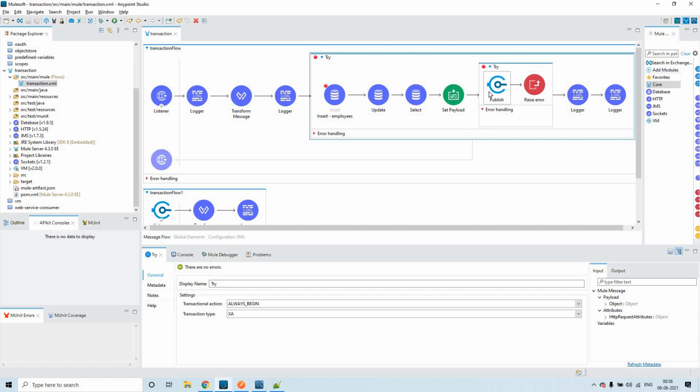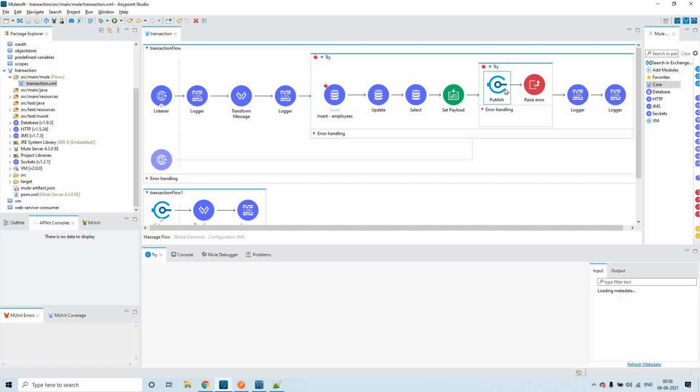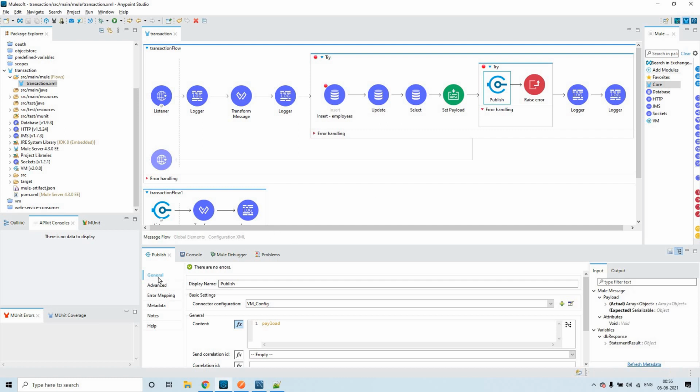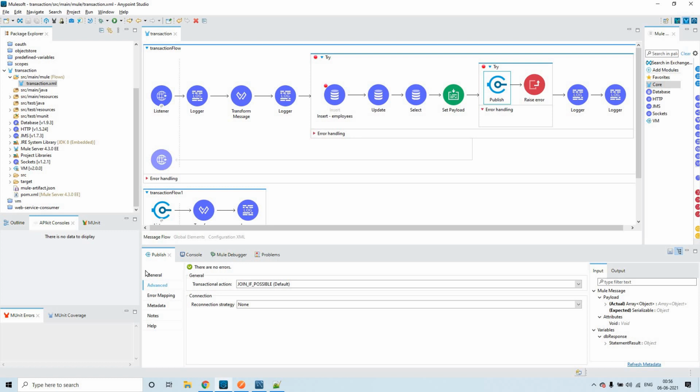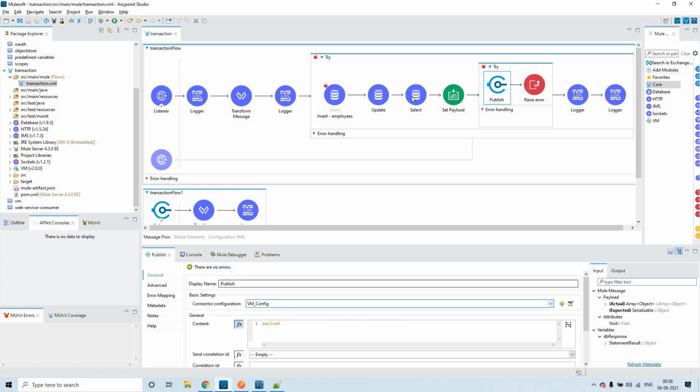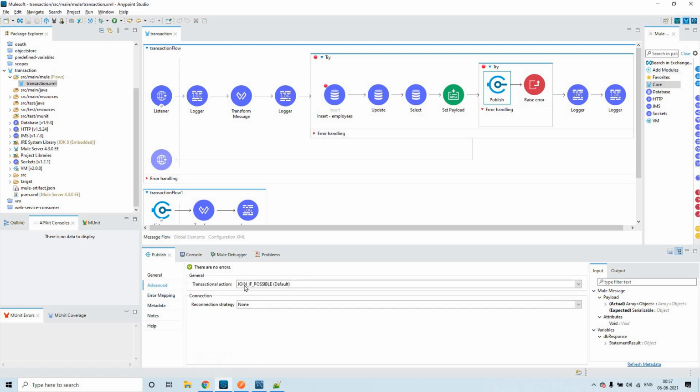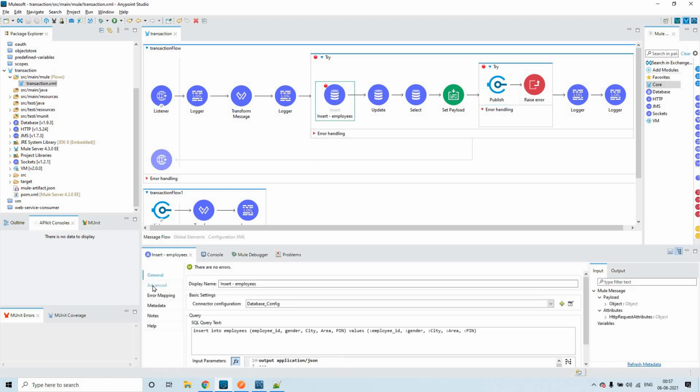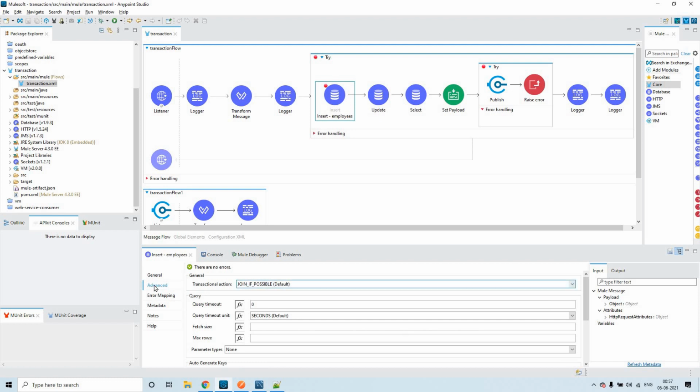Here it supports transactions. You see in general we have the VM configuration, and in the advanced section it is join if possible. And here it is a database, which also supports transactions, and in advanced it is join if possible. So within this we have two different configurations. If you keep this outside as well, it will work.